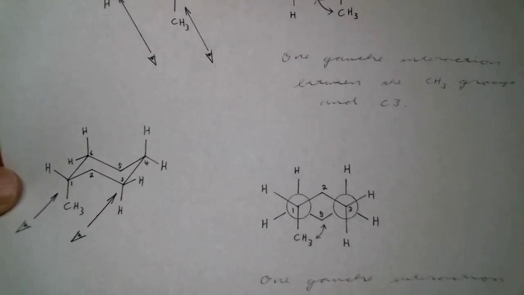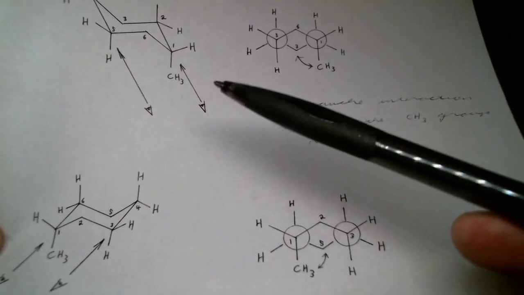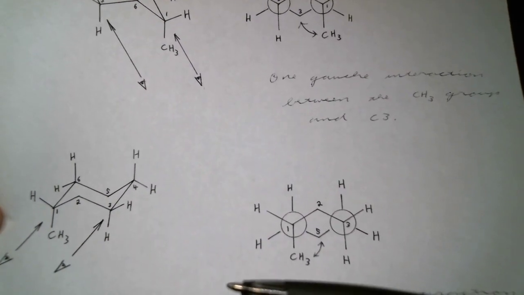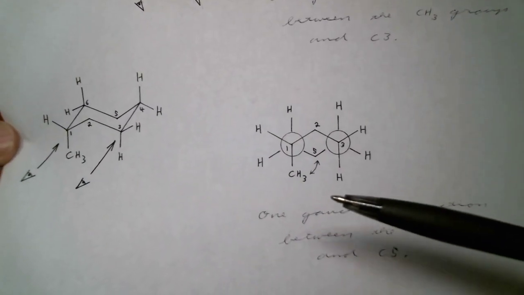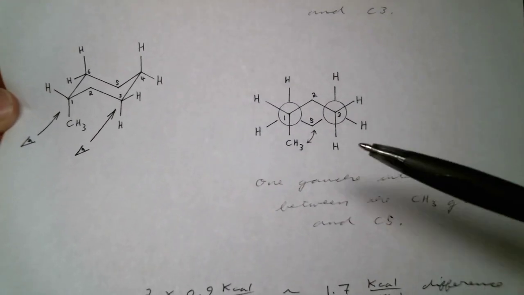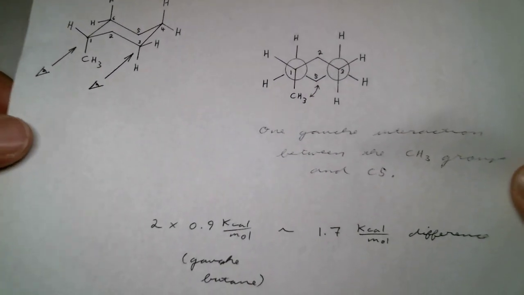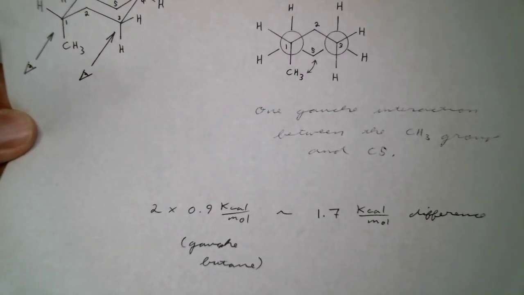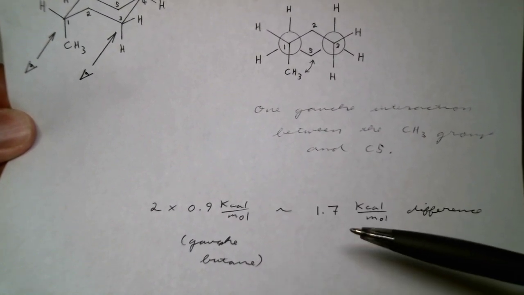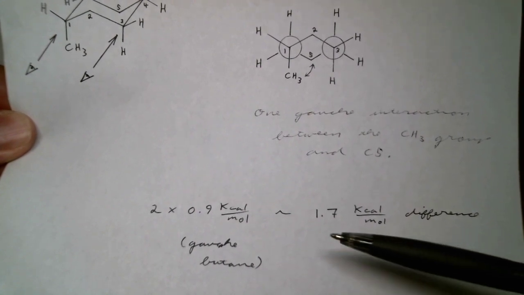Now if we turn the conformer around and instead of sighting down the 1,2 carbon bond, now we're sighting down the 1,6 carbon bond, we see, oh, wow, there's a gauche interaction between the methyl group and carbon number 5. So 2 times 0.9 kcals per mole for each gauche butane-like interaction, in organic chemistry math, is 1.7 kcals per mole difference. So this is why